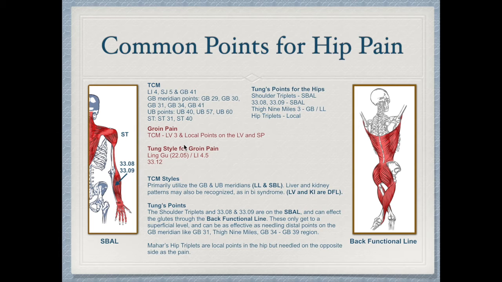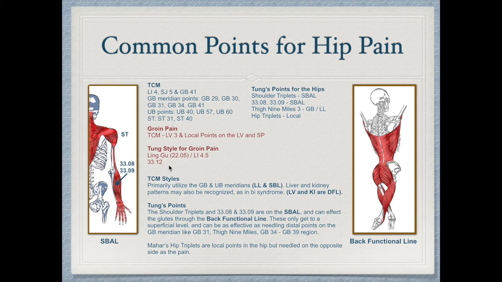So I've written here in red, it reads groin pain. TCM will often use liver 3 and local points on the liver and spleen meridian for treating groin pain. And then in the Dong system, they'll use Lingu, which is very close to LI4, and 33.12 is also indicated for groin pain. Groin pain was something that I struggled with for a number of years too, because in